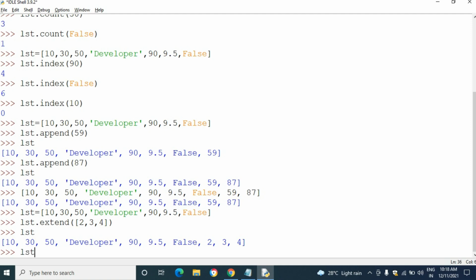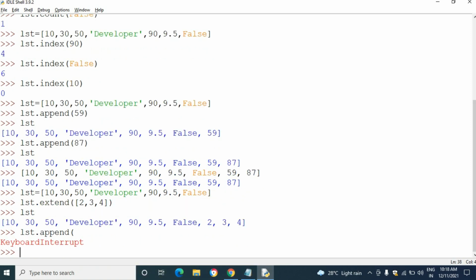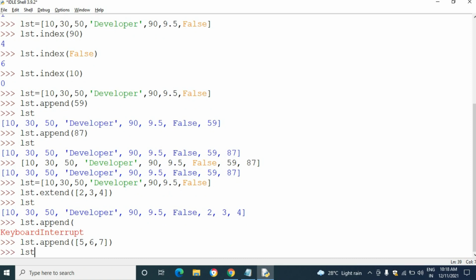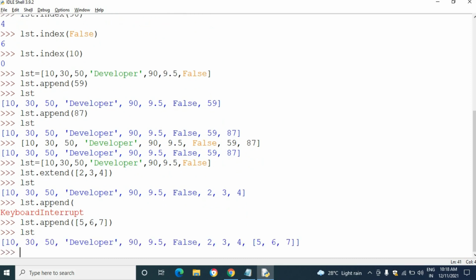We will go with this same example here. Let's see what will happen. lst.append of, something like 5, 6, 7. I will type it later. See,